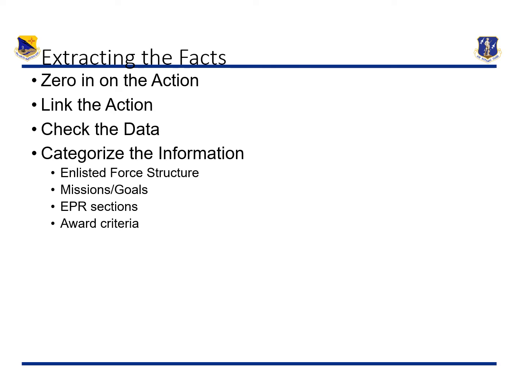Then we want to categorize that information. Our awards, for example, have typically two sections, which are performance and leadership in primary duties, and then you have whole airman concept. Well, where does that information that I'm writing fit into in the 1206 or in that award submission? Or in the EPR section, you have your primary duty section, you have your followership and leadership, and then you have your whole airman concept bullets.